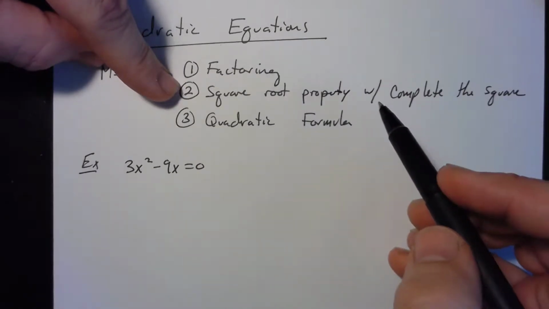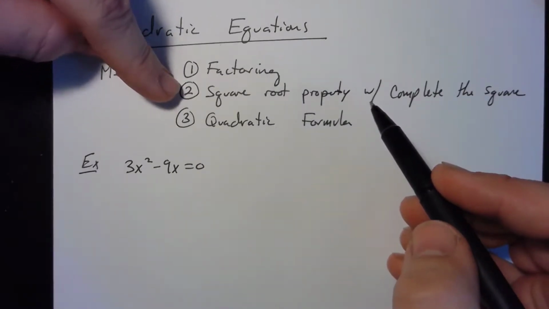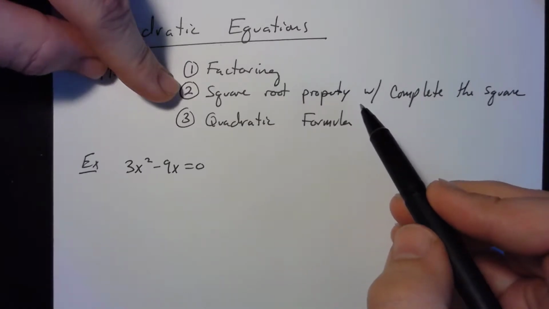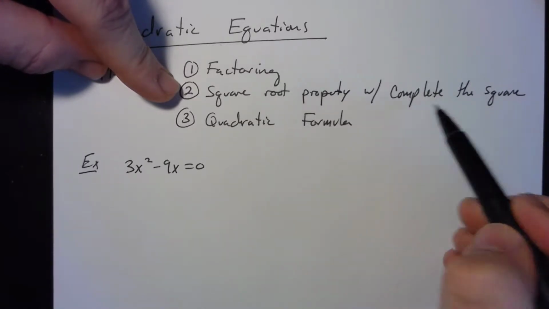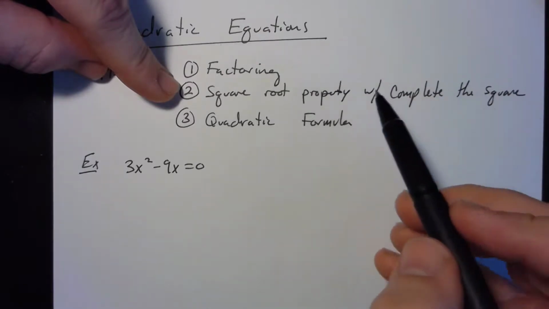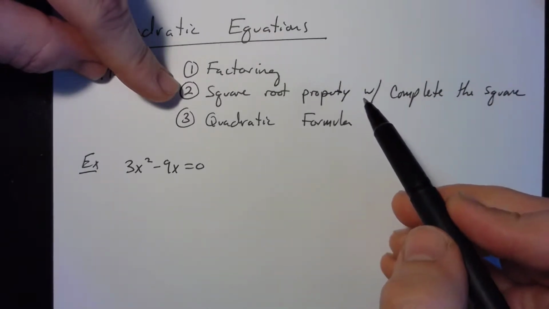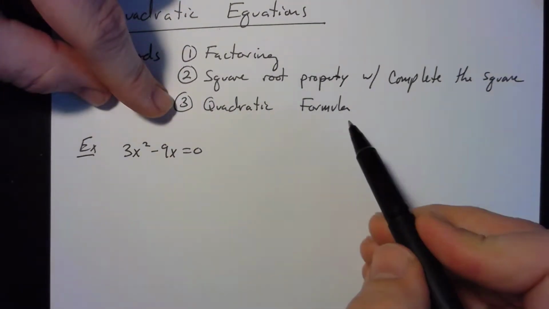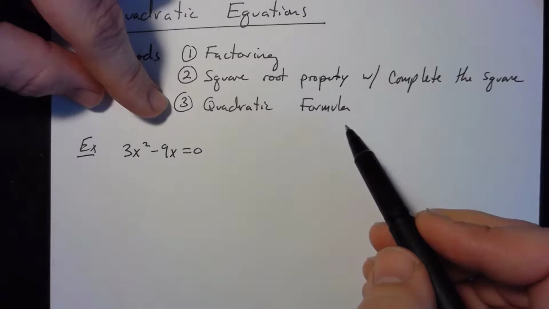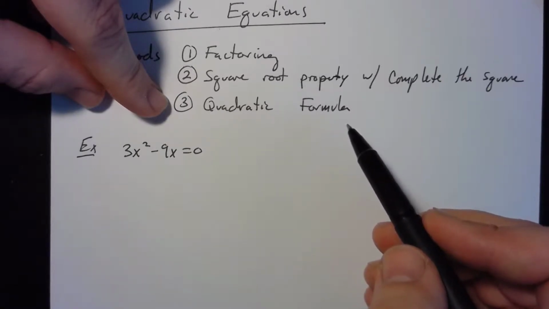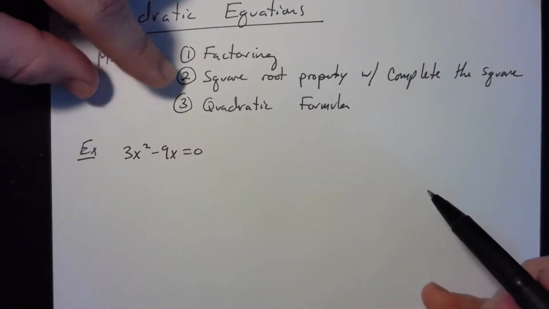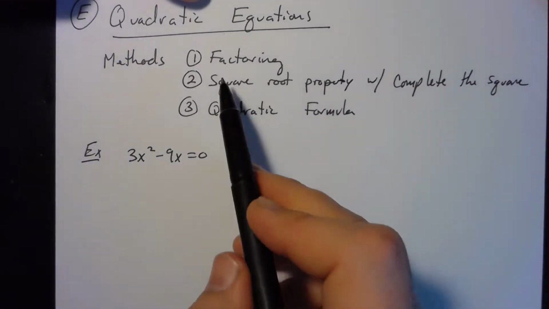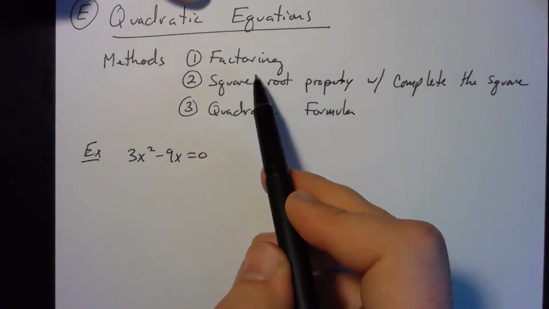The second method is the square root property. Now, the square root property is a very special case, and it only works in very special circumstances. However, we could utilize completing the square, which will be in a separate video, to get every single quadratic equation into the form that we could use the square root property. And thirdly, the quadratic formula. Please avoid using the quadratic formula in every single case, even though the quadratic formula will satisfy every single case. I believe that this particular formula actually causes more work when you avoid factoring, because the factoring skill is absolutely